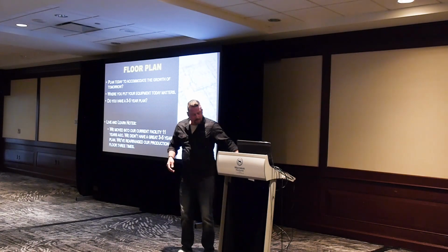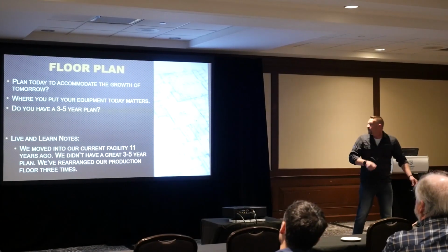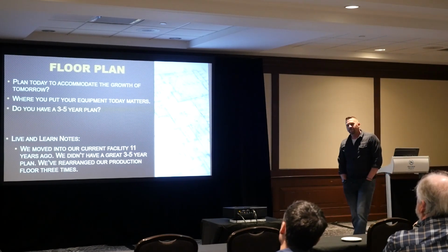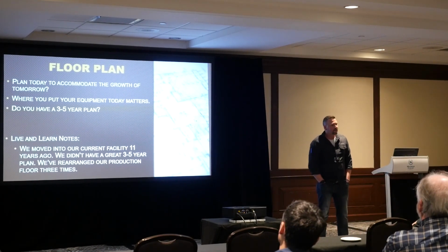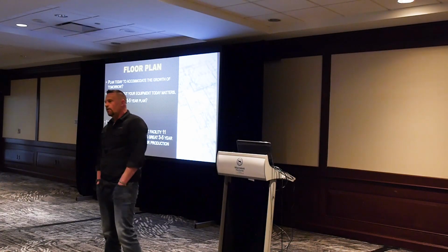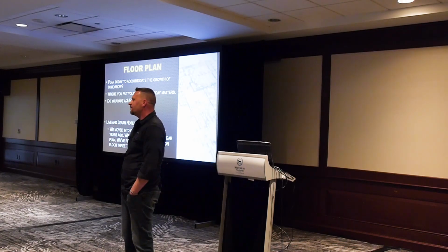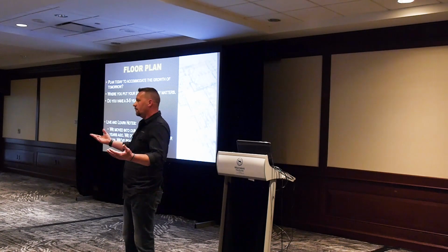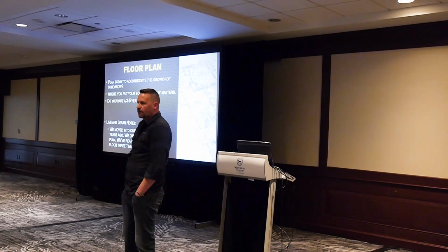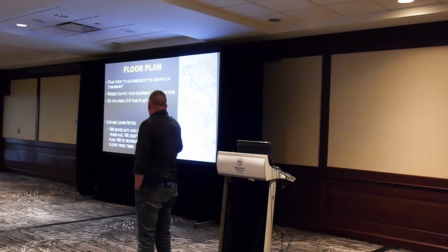Floor plan. This is my favorite one because we plan today to accommodate the growth of tomorrow. A lot of people think that a 3 to 5 year plan is just kind of an exercise to go through, right? It's not. Really, if you don't have a real thorough 3 to 5 year plan based upon low growth and high growth, and you don't know what kind of equipment you're going to have in there, take some time. Sit down and figure out a 3 to 5 year plan,